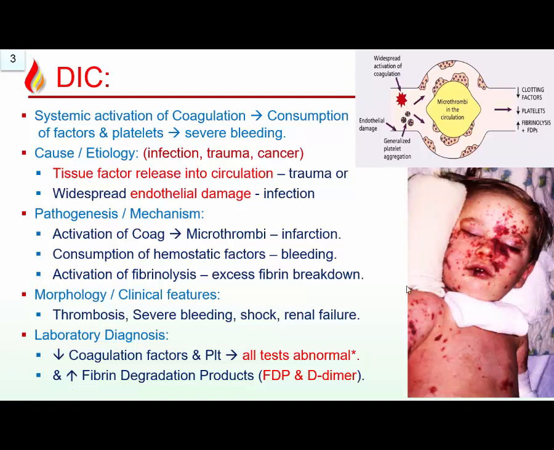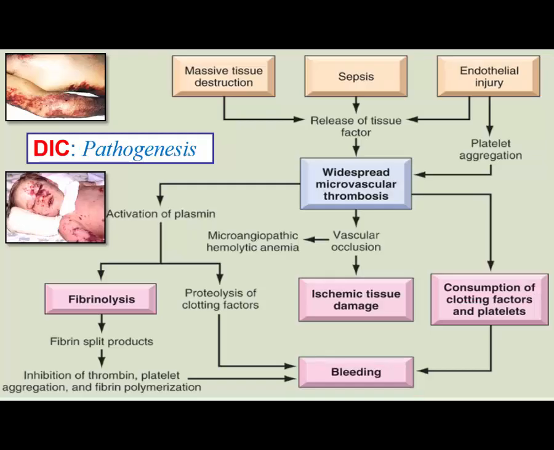It's a life-threatening, extensive bleeding, severe, all types, both superficial and deep, and increased fibrin degradation products because there is extensive breakdown of thrombi, the FDP, and D-dimer is also a breakdown product of fibrin, and both of them will be raised. So I'm just summarizing: massive tissue destruction, any traumas, infections, or extensive endothelial injuries, viral infections,